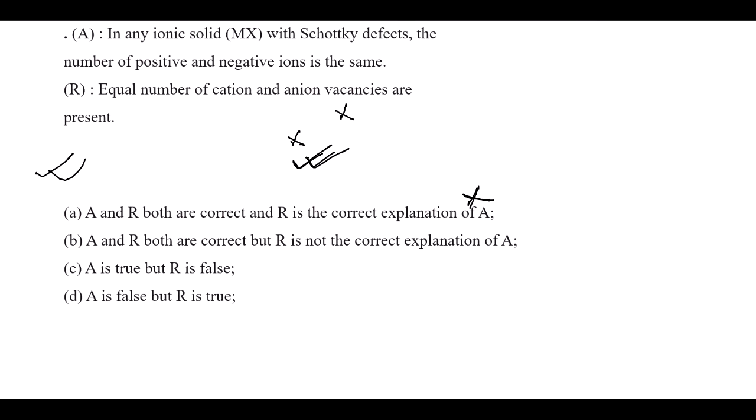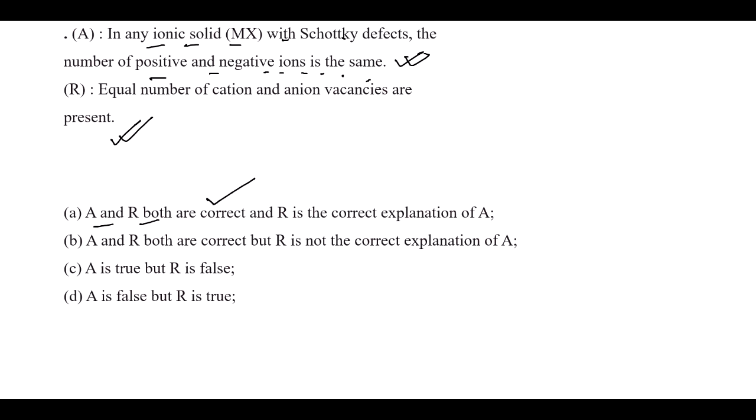Next question we have assertion and reason type of question, as you have seen in the specimen paper. In any ionic solid with Schottky defect, the number of positive negative ions is the same. That one of course true, so assertion is true. Equal number of cation and anion vacancies are present, that one also true. So the answer will be A and R both are correct, and R is the correct explanation for A. Of course, equal number of cation and anion vacancy, that means equal number of positive negative ion is absent, so the correct option will be